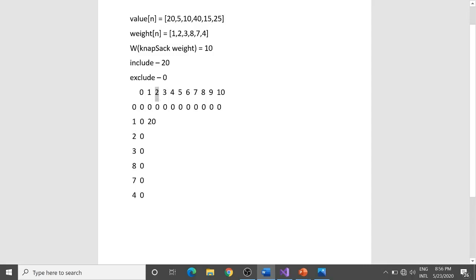The same way, what do I do over here? What does this subproblem mean? This subproblem means that my knapsack can hold a weight of 2 now, and I have a single element which has a weight of 1. So if I choose to include this element, what would I be doing? First of all, I would be reducing its weight from my current knapsack weight. What is my current knapsack weight? It's 2. I would be subtracting that element's weight from it, so I am left with 1. 2 minus 1 is 1.